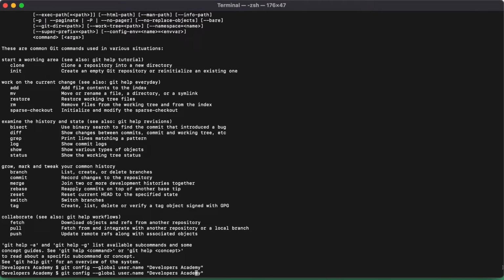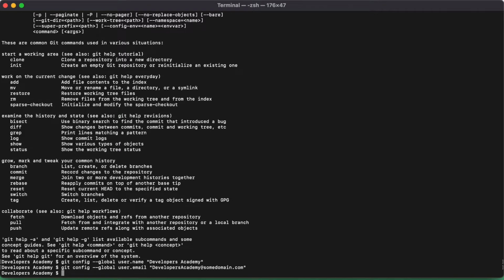Again do the same thing, but change user.name to user.email and provide an email here. Okay, so this is the configuration we needed to do.